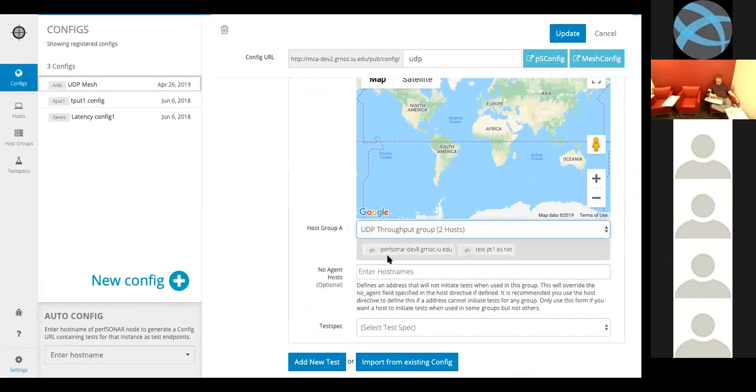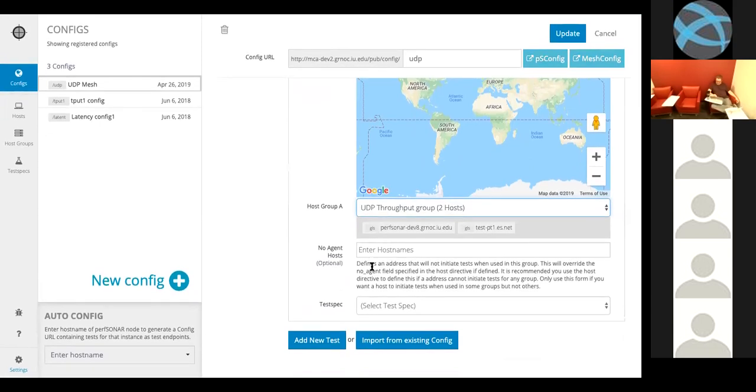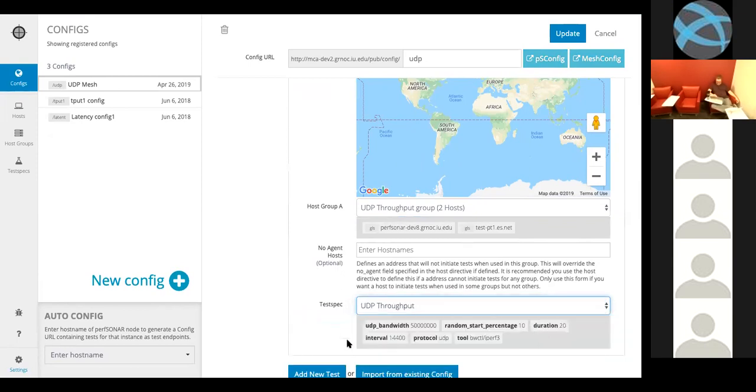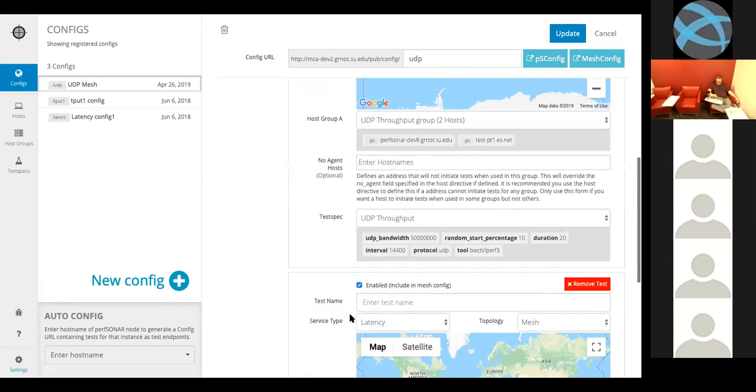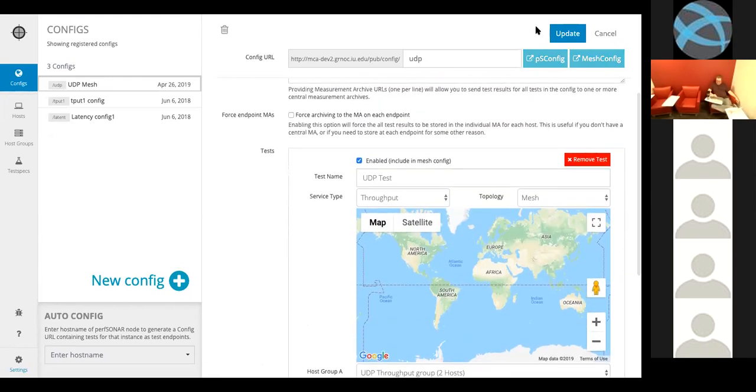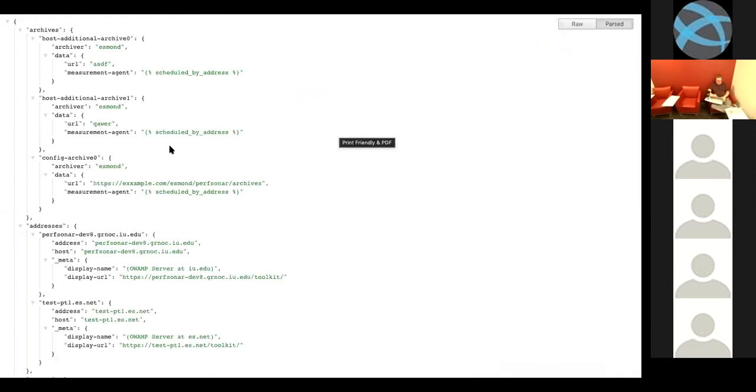Host group, use our new host group that we just created. And test spec as well. And we'll add that. Okay. And then we'll hit update here. And then hopefully we'll have better luck with this. Yeah, there we go. So here's the standard pSConfig